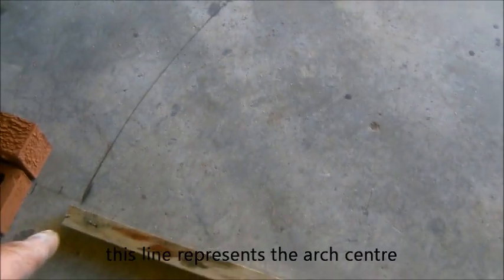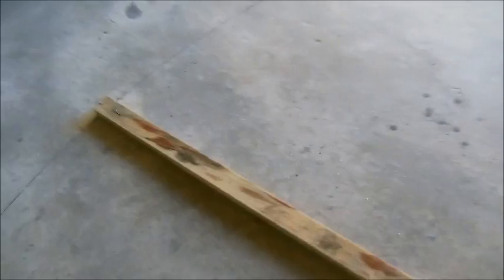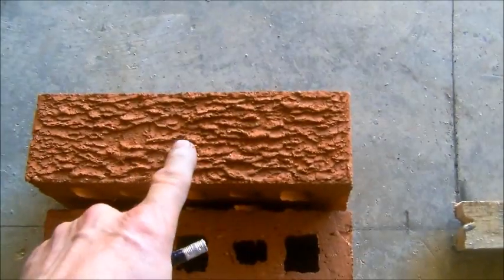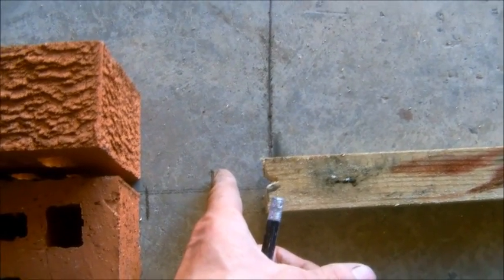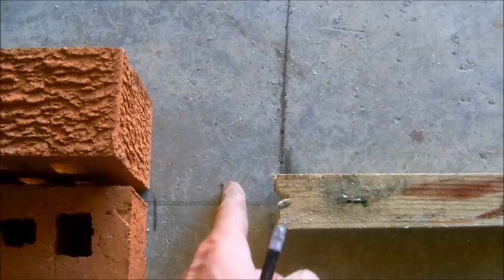This was done by just moving this round where it pivots, and you can just see here the reason it's set back from here. This represents the planter, this represents the first course of the arch, and this is the 43mm that we decided on before. This is where the arch will turn through its circle, and at its furthest point will protrude out